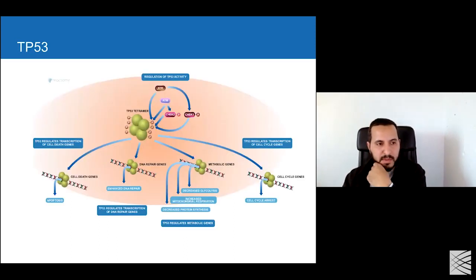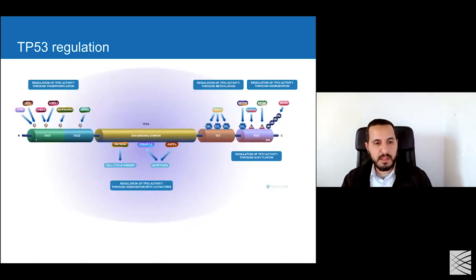So we know that TP53 is a major tumor suppressor that regulates a lot of biological processes inside the cell. It regulates a lot of genes, including cell cycle genes, cell death genes, and DNA repair genes. And interestingly, TP53 itself is a highly regulated gene that is regulated through different mechanisms. So if you are a cancer cell trying to stop TP53 from functioning, you can do so